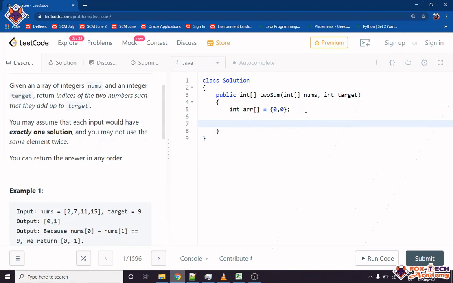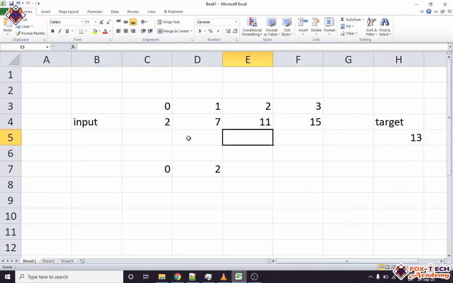First we will start a loop with int i is 0, i is less than, how many times do we have to traverse? If we don't find a match, we have to check indexes 0 and 1, then these two, then these two, right? And if it's not found, then we have to check 7 and 11, these two, and then these two, and last we have to check these two, right?